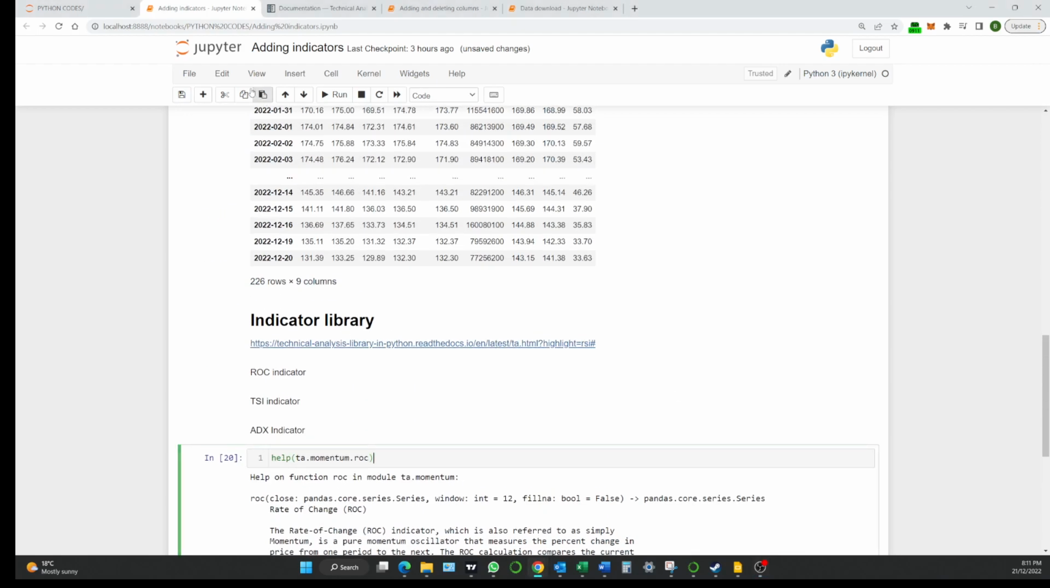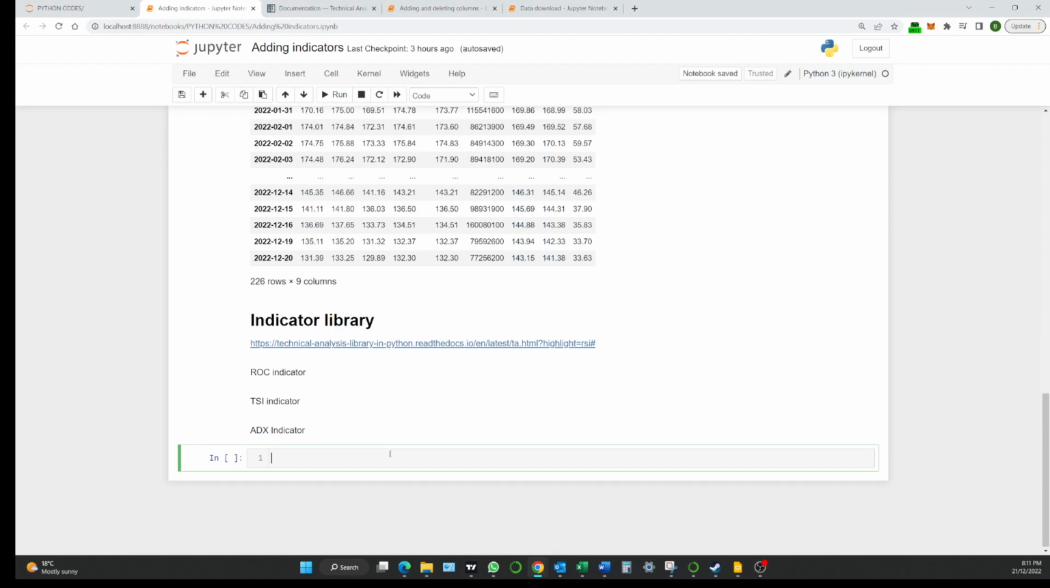So we'll get rid of this, just cut that. So we want to go price ROC equals ta.momentum.roc. Remember we needed the close and we needed the window, the time period. So let's just use 20. Now if we run that,